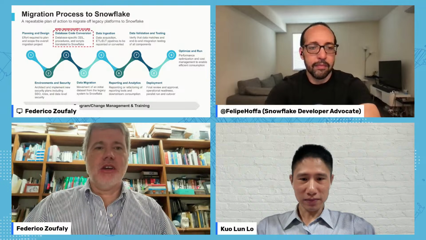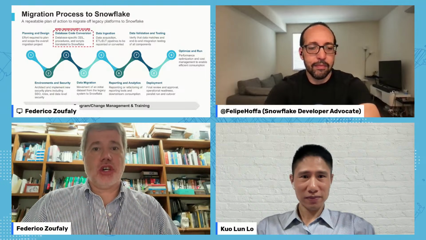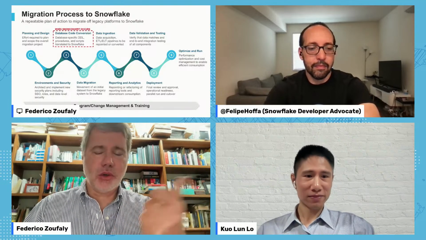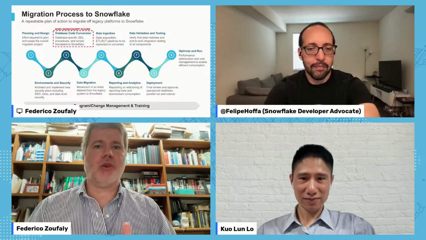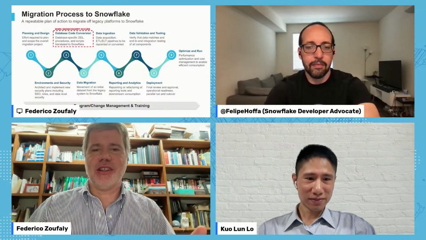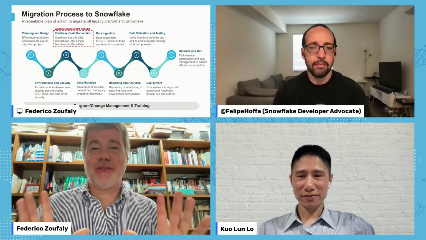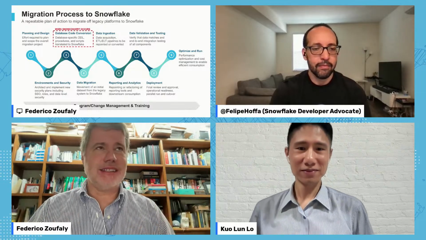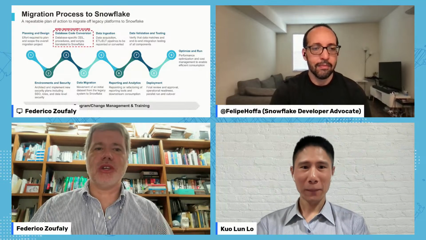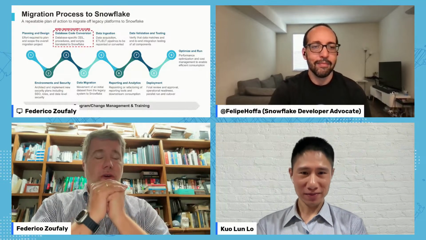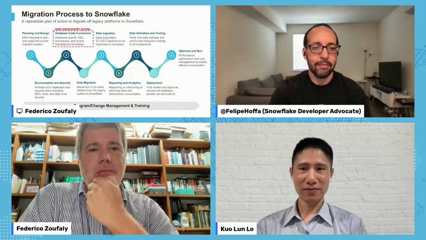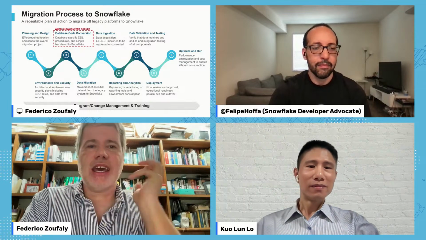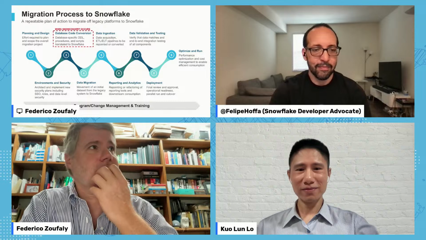But having said that, SnowConvert can really accelerate your journey. SnowConvert is an accelerator, right? As Kuo was saying, if you have a couple of tables, you can do them by hand. But we just recently finished a migration that had 45,000 tables. When you have 45,000 tables, doing them by hand is not the right way. You need automation to accelerate your process. That is my takeaway. Please go take the training, download SnowConvert, start running assessments, and engage with us. We're here to answer questions.